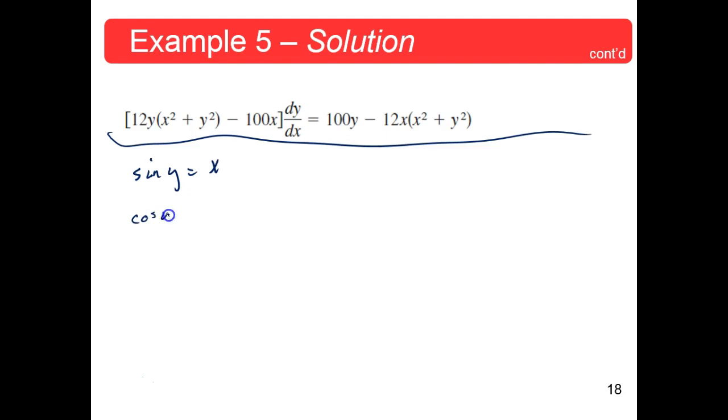Cosine y times y prime, okay, is equal to 1. Perfect. Okay. Find that implicitly. I think the next step is pretty easy. Y prime is equal to 1 over cosine y. Now,